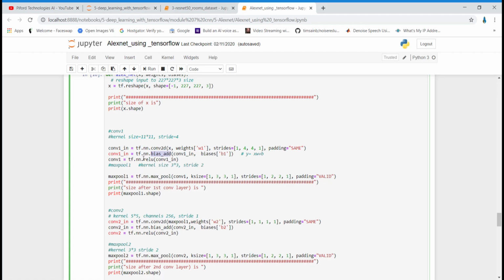In TensorFlow, we have the bias_add method by which we can add a bias term to the input. So we want to add bias to the data present in this variable, so that's why I've written this. And which bias do we want to add? In the biases dictionary, we have the bias stored in the B1 key, which is related to this first convolutional layer. So I'm adding that bias to it. Till now, the summation part of the neuron has been done.